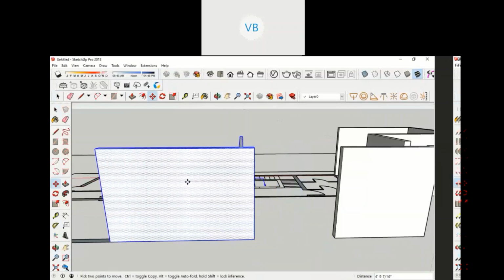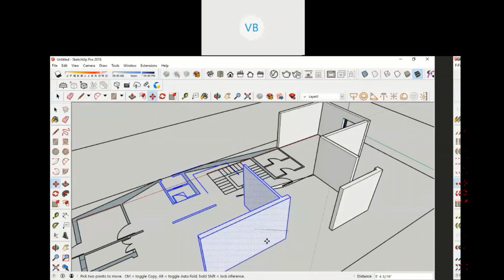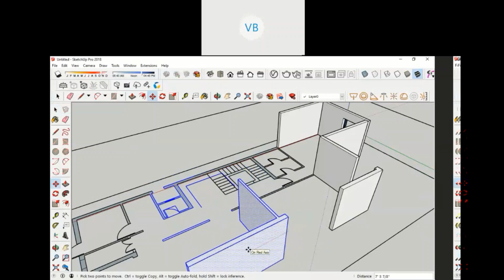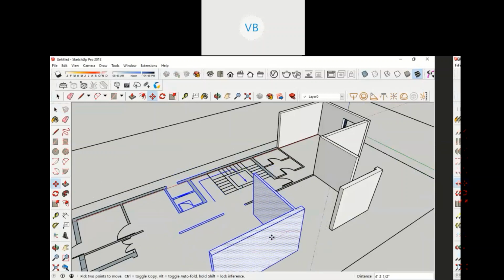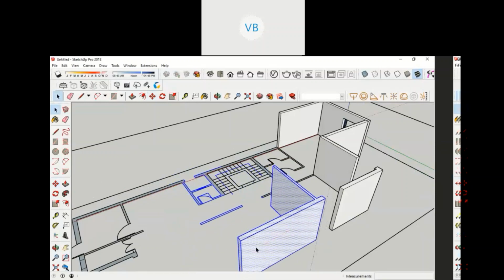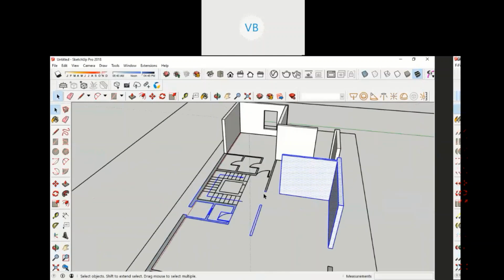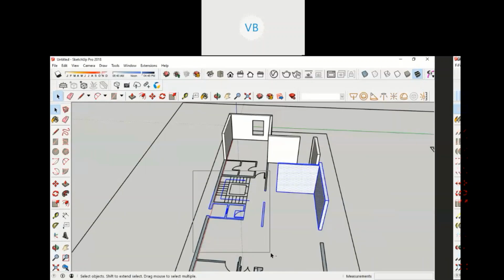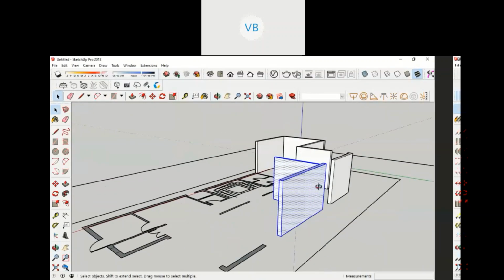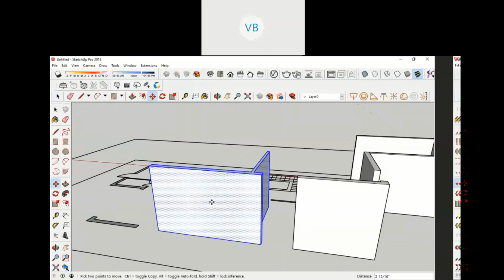Then all these things will get, see, all these things and the whole model will get distorted. Okay, the whole model is going to get distorted and it won't end up in your favorable results, meaning you won't get the result you want. So ultimately you might have to deselect all these things. You have to check what are the things you have accidentally selected, and then select and then move it.